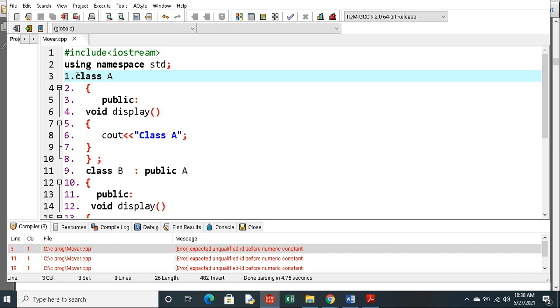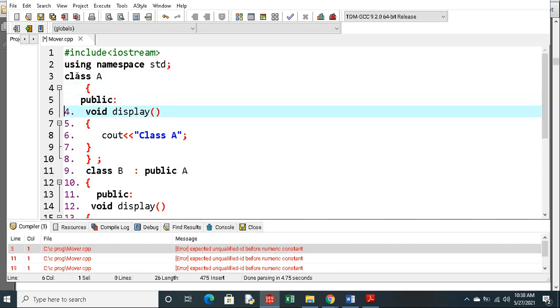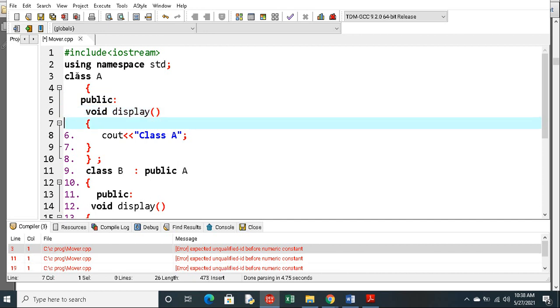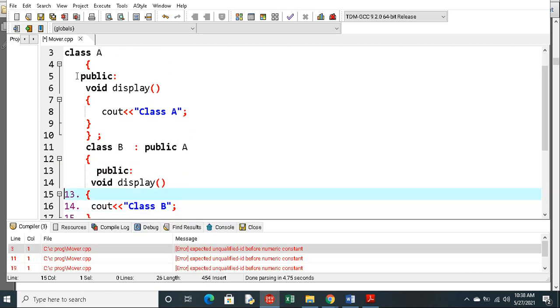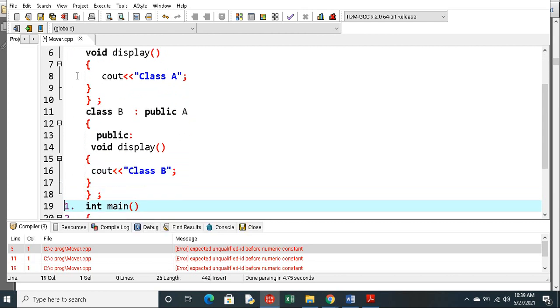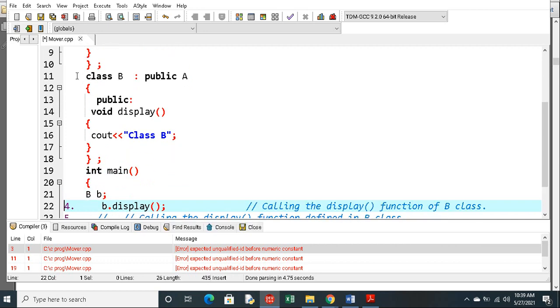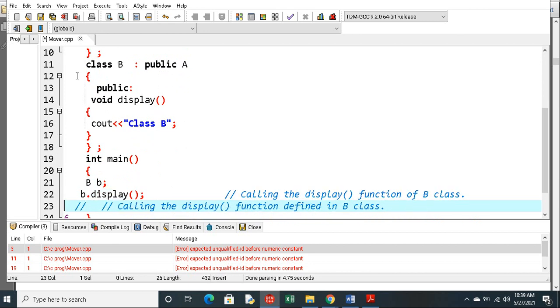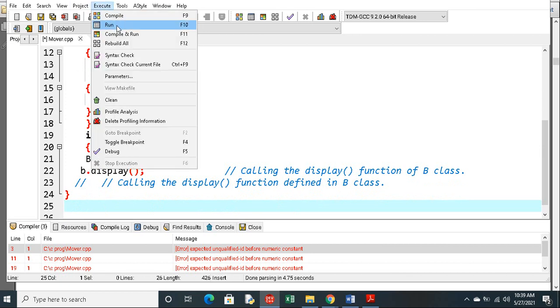I have to remove all this. Now execute, compile and run.